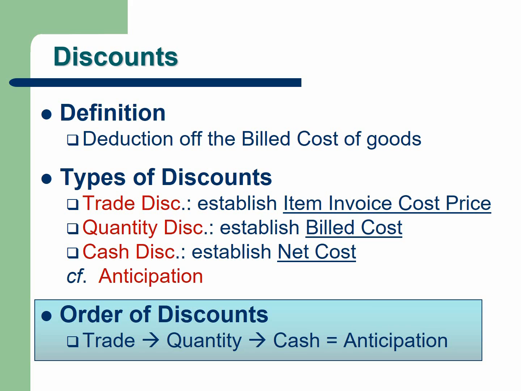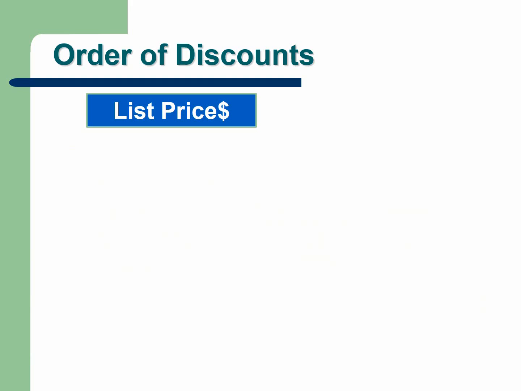If there was any anticipation, then the anticipation takes the same level or order as the cash discount. Anticipation is a little bit complex in terms of the calculation, and we'll take a look at it later in the next module, especially the anticipation part. But the rest of the discounts will be covered in this module. But just remember this, the cash discount and anticipation are going to be in the same order. And before cash discount, we have to take off trade and quantity discounts. And before quantity discount, trade discounts have to be taken off first.